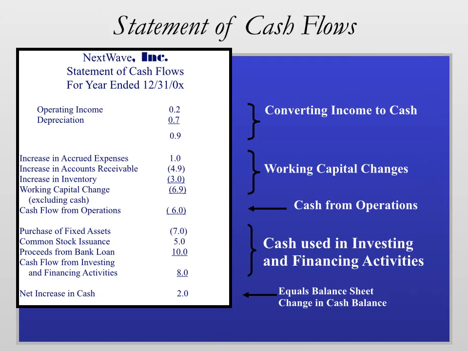We then subtract out the purchase of fixed assets, add back the financing activities of common stock issuance and proceeds from the bank loan, and you can see, bottom line, we're able to explain what caused the cash to increase or decrease, in this case increase by $2 million, from 0 to 2.0, and being able to compare that to what our actual income was. Now, what's important